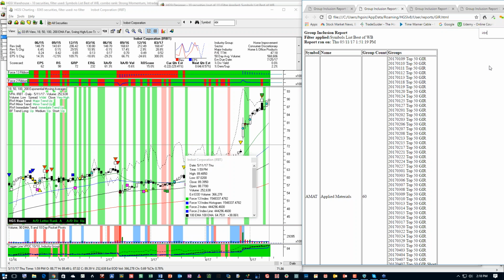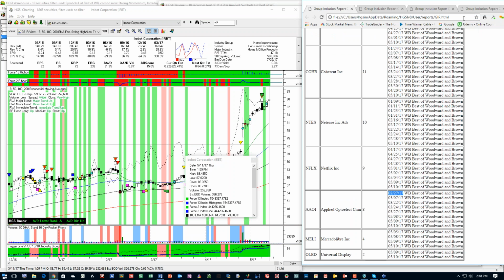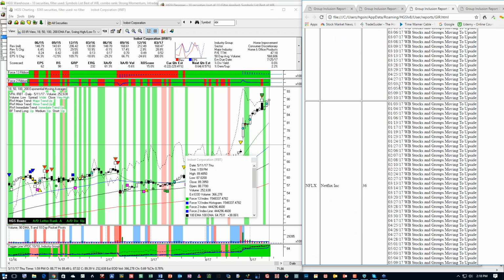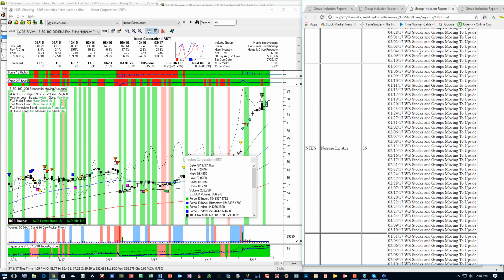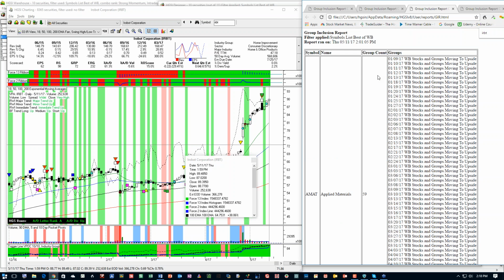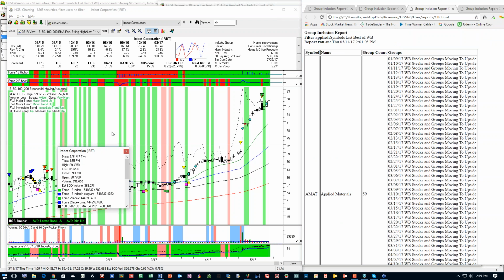Whoops, I have an extra letter in there. No, it didn't show up in that one. You know, am I doing this right? IRBT, yeah. I don't know why it doesn't show up, but I'm going to show you that these stocks will